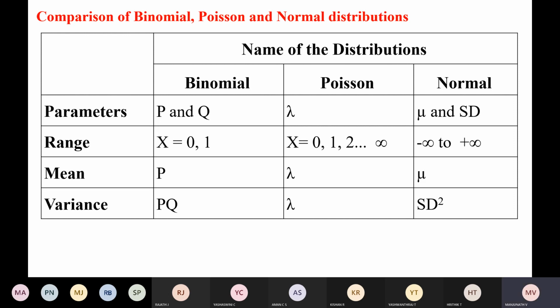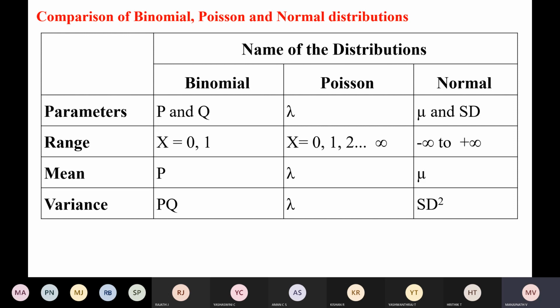I said properties of normal distribution will come for 10 marks. Comparison of binomial, Poisson and normal distribution will come for 5 marks. And whatever the theory that we have discussed in the case of normal distribution, maybe that bell-shaped curve, 2 tails and all, even that you can mention it. If you want to get any more knowledge about this normal distribution, the right tail and the left tail importance,